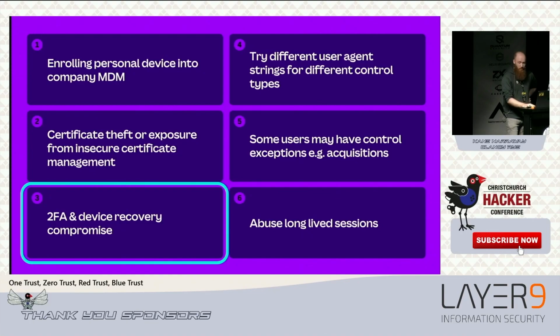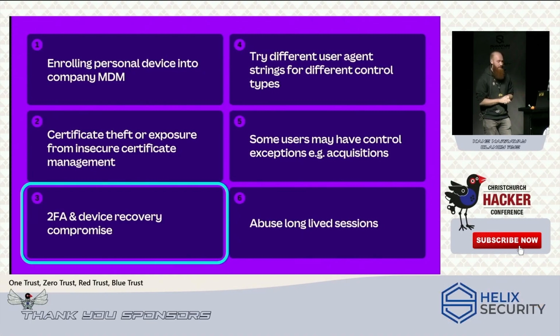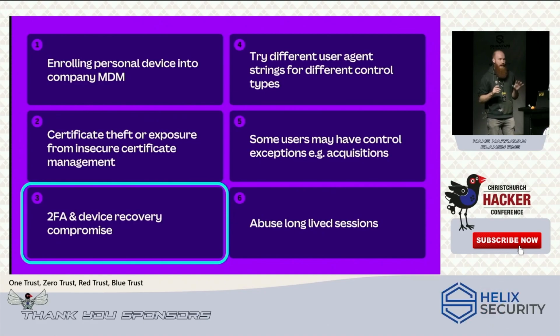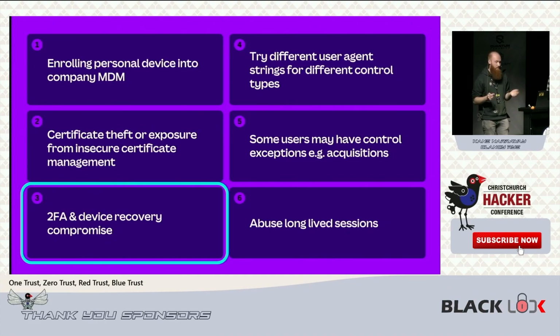And I want to deep dive into 2 of these because I see these so much, and they're definitely ones that are quite difficult to secure, I think. So the first is 2FA and device recovery. It can be quite hard: if a user loses their hardware or their 2FA, how does IT then validate that user? And if you have offices, this is easy. You just say, hey, come on in, and we'll sort it out. But the reality is that with AI techniques, deepfakes, that kind of stuff, it's really hard to do this remotely. And so it is quite hard to verify a user if you are a fully remote company these days.